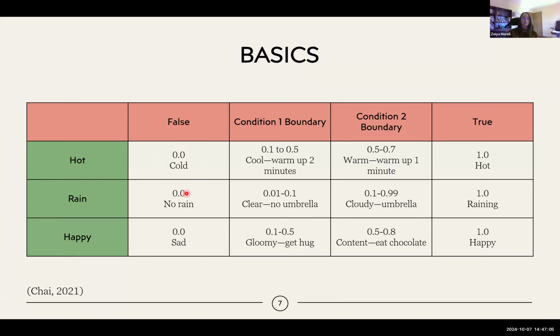So you can have ranges where something is 100% false, it's binary, and 100% true. But fuzzy logic also says there's ranges in between, where you can have rules or conditions that decide what you're going to do with those values. So if it's a colder range of cold, you're going to do this with it. Or if it's a warmer range, you're going to do this with it. And that's really what decides how an AI is going to react to fuzzy logic, these decision boundaries, these rules that we set for it.